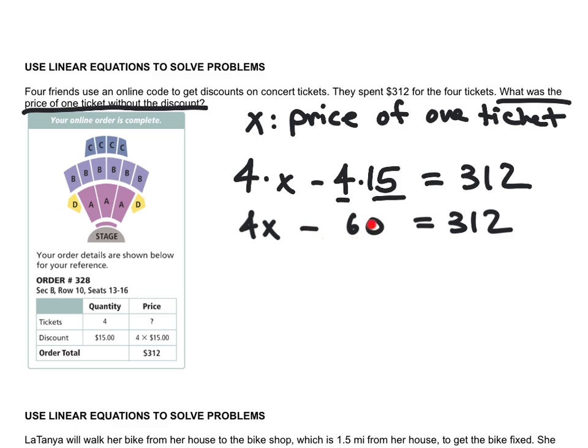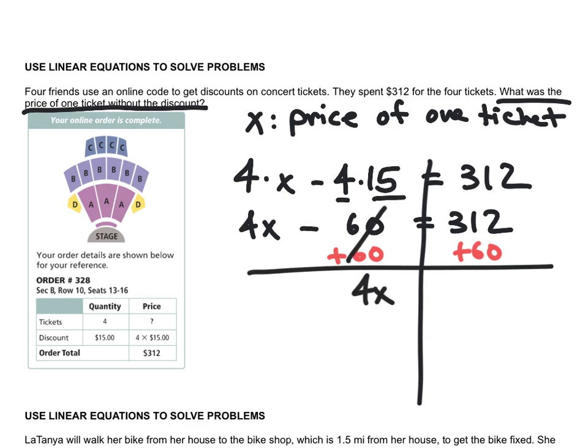The first thing I want to do is move this 60 over. So I'm going to draw my wall of algebra, and the first thing I'm going to do is add 60 to both sides. So those are going to cancel out. I'm going to drop down my 4x, and I'm using the addition property of equality here. And if I add 312 to 60, that's going to give me a total value of